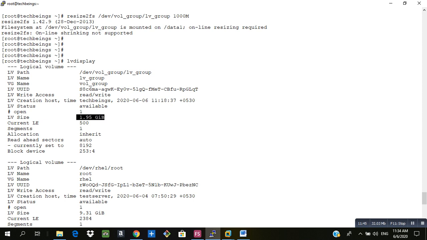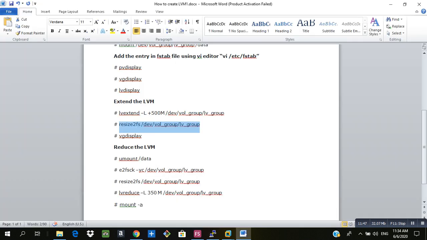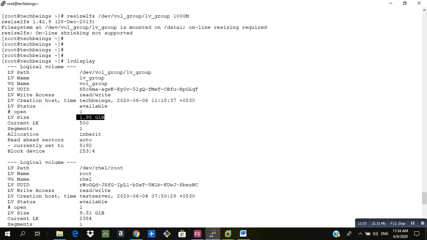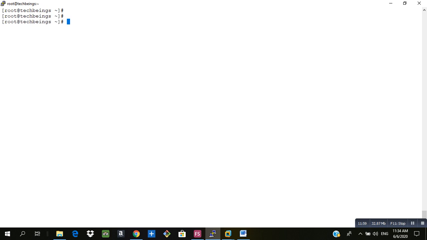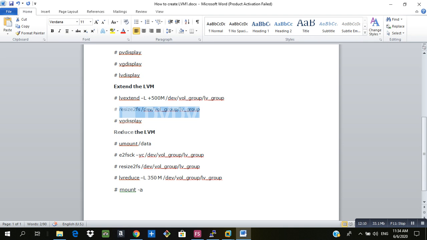Okay, so now we will see how to reduce the LVM, but before reducing the LVM we have to unmount the directory. It can be asked in an interview, like how do you reduce the logical volume and what are the steps you will take. So you have to keep this in mind, before reducing the LVM, unmount the directory.